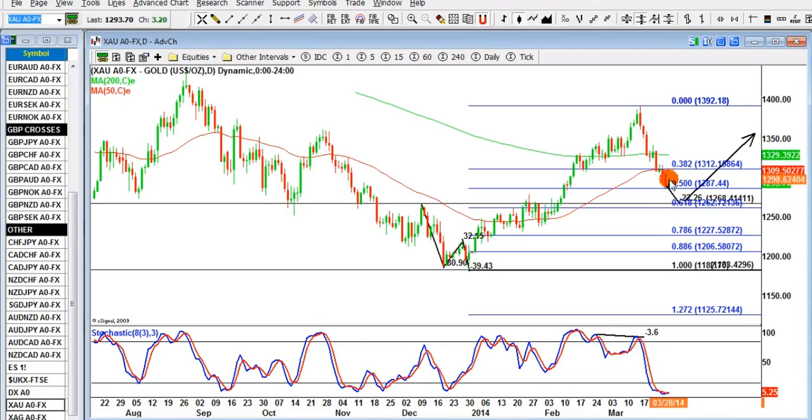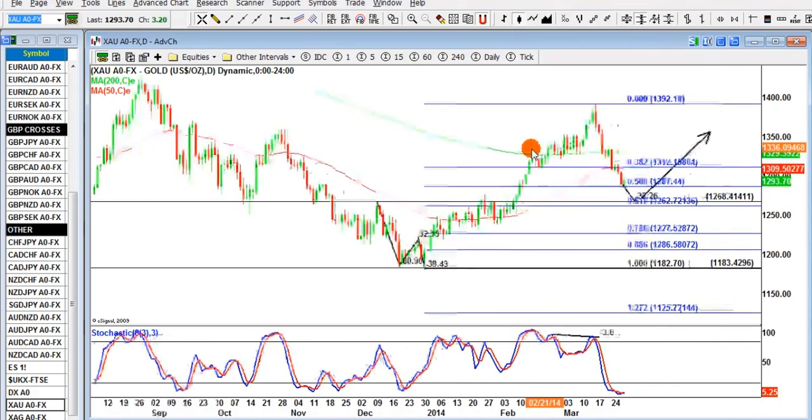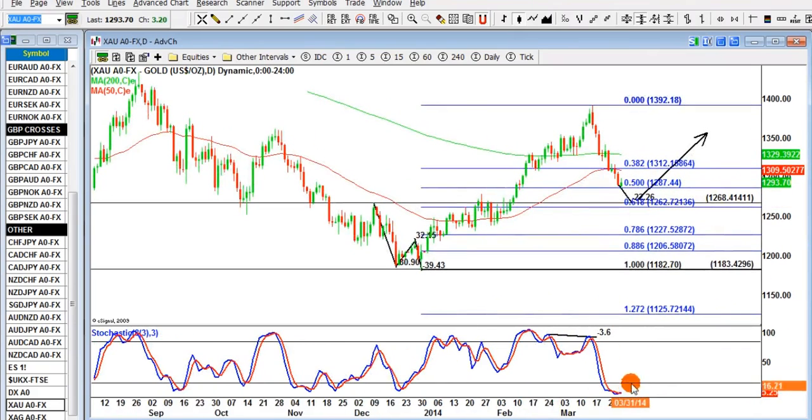What I would like it to do is actually to pop up for a few days, potentially back to the 200 moving average, and then to come back down into this zone. Because if it does that, it will then give us the ability to see if there's any divergence. Because if it pops up and heads back down, we'll then create a new low. And if we haven't matched that on the stochastic, that will give us the bullish divergence